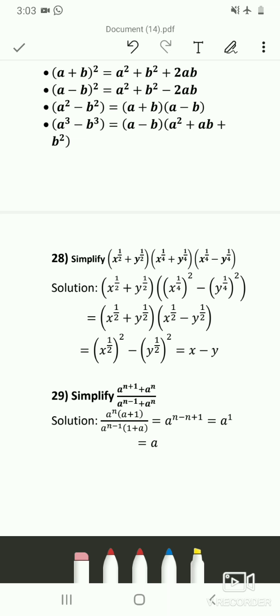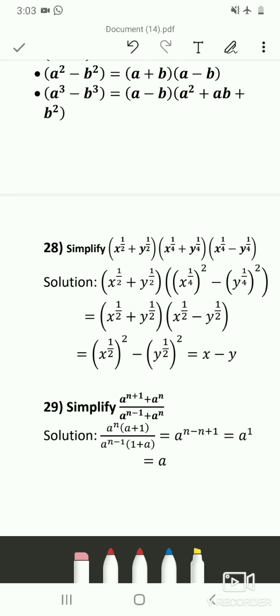So the next problem is: simplify (x raised to 1 by 2 plus y raised to 1 by 2) into (x raised to 1 by 4 plus y raised to 1 by 4) into (x raised to 1 by 4 minus y raised to 1 by 4). Here in this problem you can see these two terms. Here a is nothing but x raised to 1 upon 4 and b is nothing but y raised to 1 upon 4, and you can see